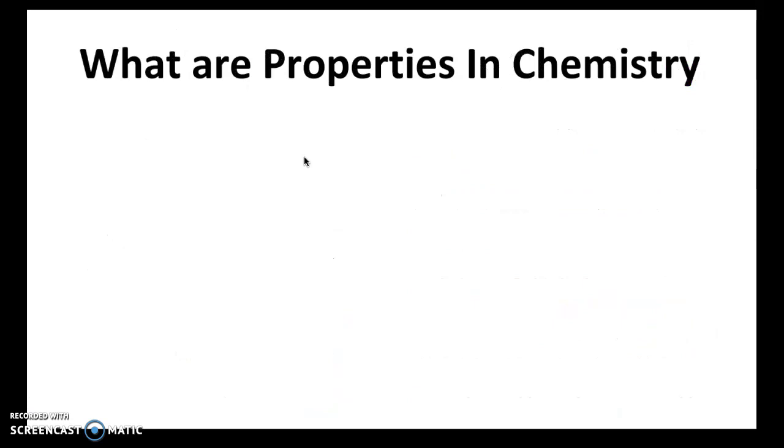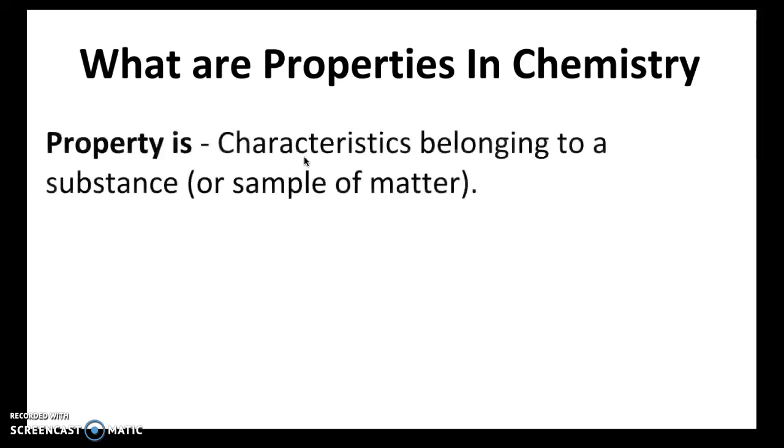Okay, so now that we talked about matter, this unit is about the properties of matter. So we need to understand what are properties in chemistry. And a property in general is a characteristic belonging to a substance. And when I say substance, I just mean a sample of matter. So whether it's a desk, a piece of paper, yourself, you would be considered a sample of matter, or a bottle of a chemical would be a sample of matter, like a bottle of potassium chloride